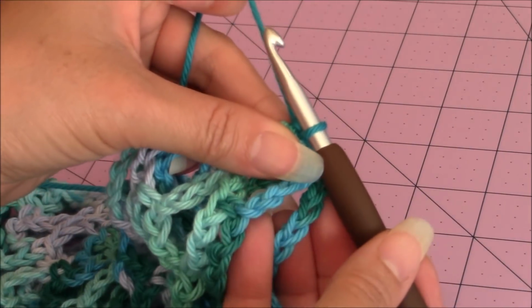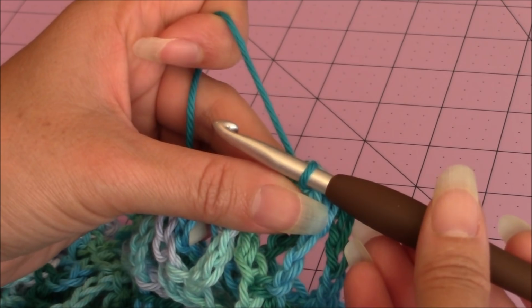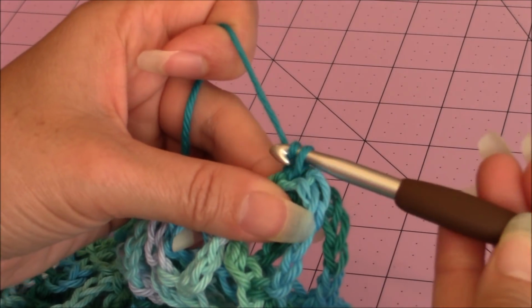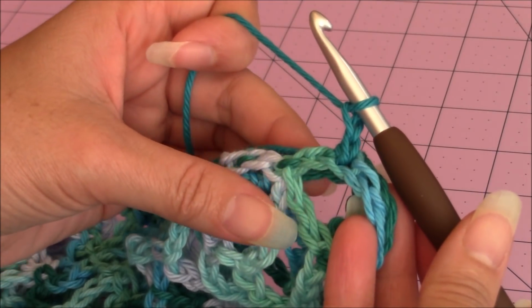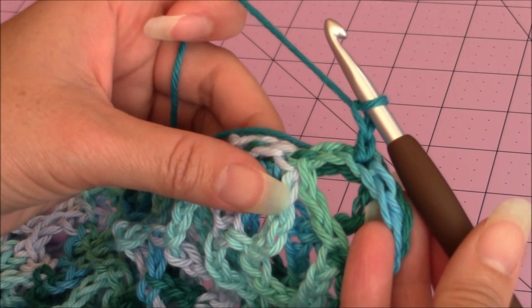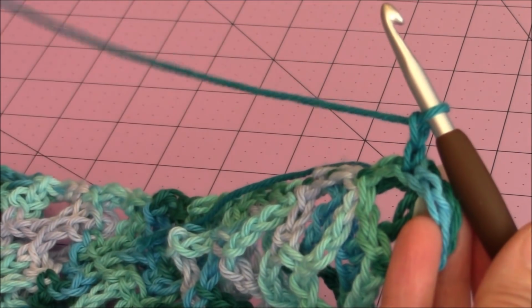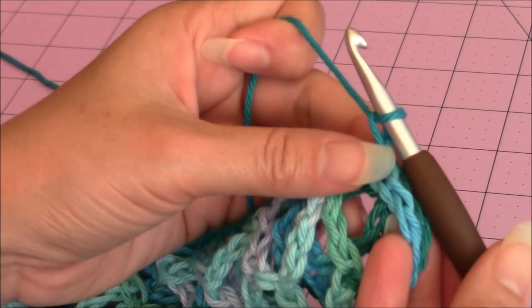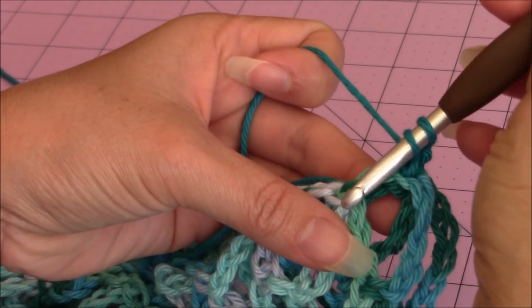We're going to make a half double crochet border. The first thing you're going to do is make a chain of 2. 1, 2. That's going to count as your first half double crochet. Then we're going to evenly space half double crochets down the side of your bag. The first thing you're going to do is yarn over, go into the space,